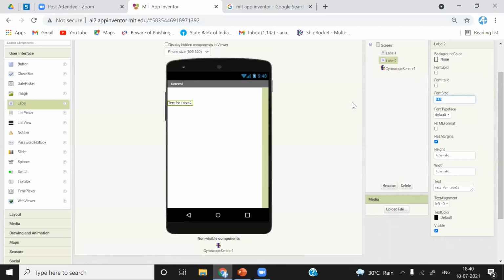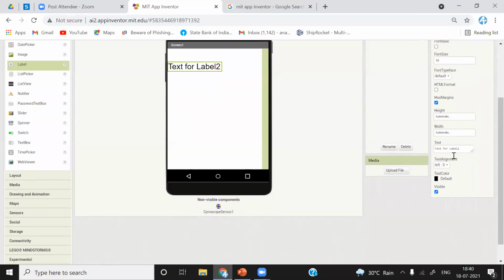I will also increase the font size to 30, hit enter, and give the name gyroscope app.